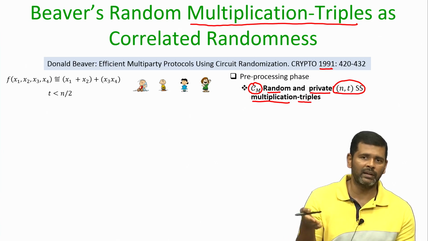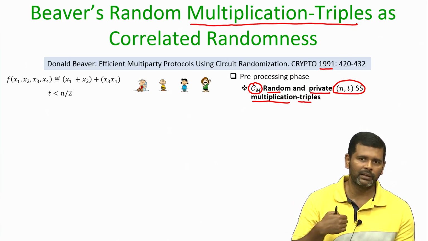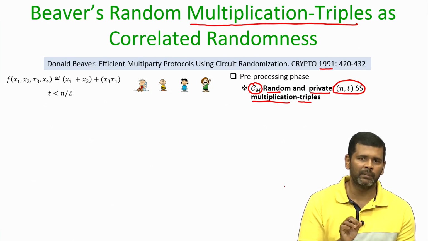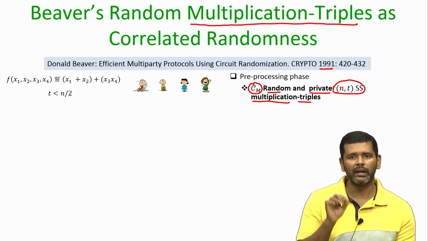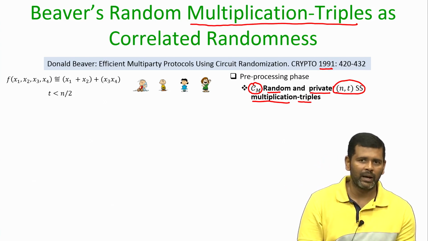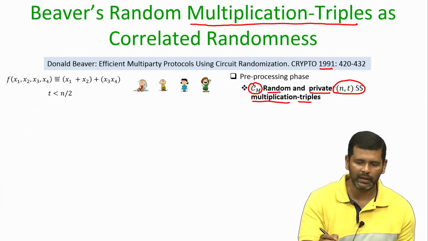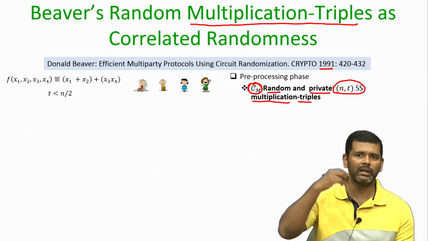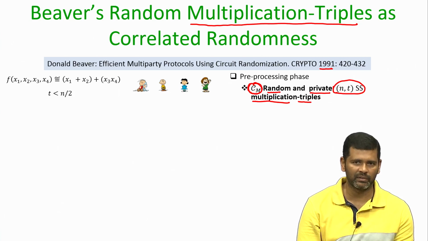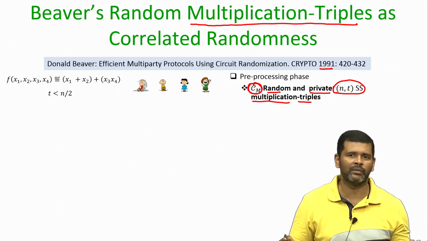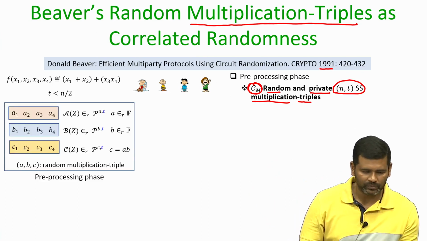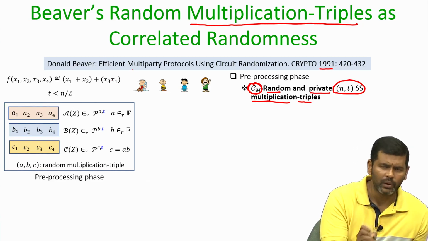And if there are Cm number of multiplication gates in the circuit, then in the pre-processing phase we should have generated Cm or more multiplication triples, then only we can utilize them later for the shared circuit evaluation, because later, when we perform the shared circuit evaluation, we require that for each multiplication gate there should be one independent multiplication triple generated in the pre-processing phase. Of course, you can generate more than Cm as well, you can generate a million times Cm number of random triples and so on.